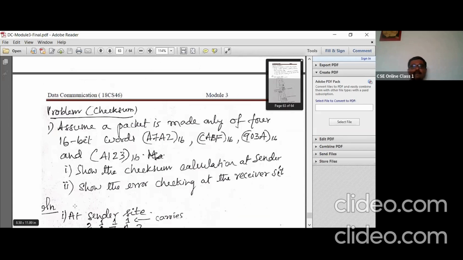I'll repeat. Show the error checking at the receiver side if the fourth data word is received as A145.